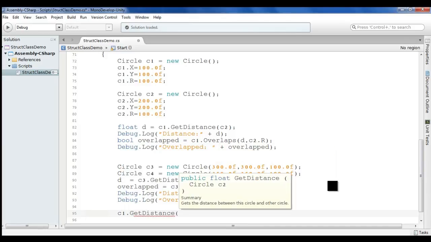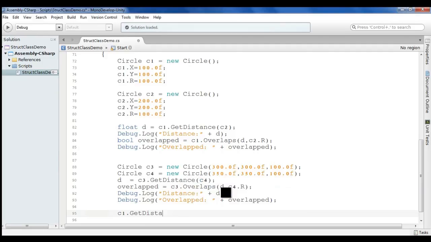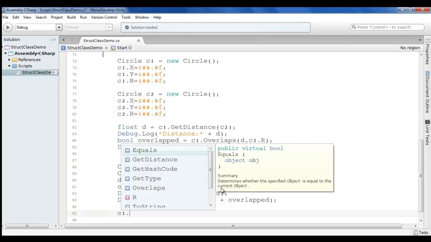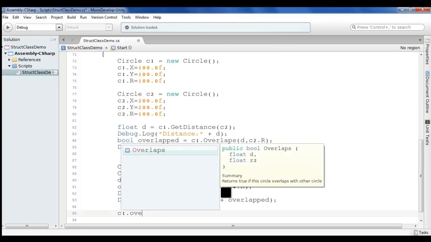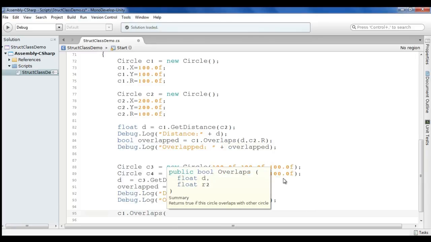I put a bracket, and now we have to pass the C2. Actually it is not telling much here, but if you take only one parameter, it is not showing. But if you take the overlaps function, you can see it returns true if this circle overlaps with the other circle. So the summary that you have written there, the documentation, is much more useful.